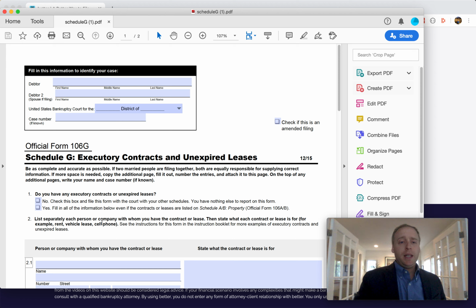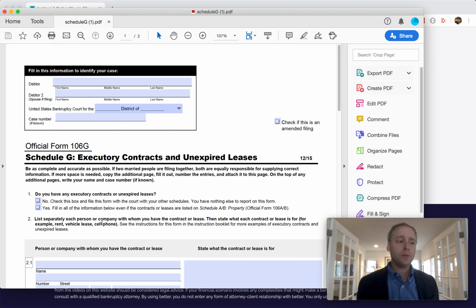But in Ashley's case, you'll recall she doesn't have a lease for an apartment or anything like that. I believe she lives with a relative or a friend, and she'll pay towards that relative's mortgage or that relative's rent, but she doesn't actually have herself a lease with anybody else. So she doesn't need to list that. She doesn't have a car lease. She owns her car, and she does have a car note that she pays on, but she doesn't have a car lease.